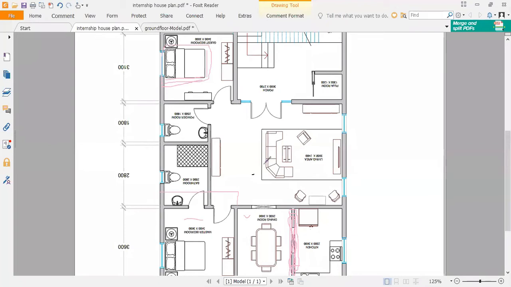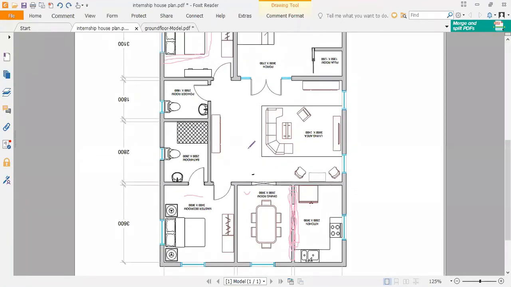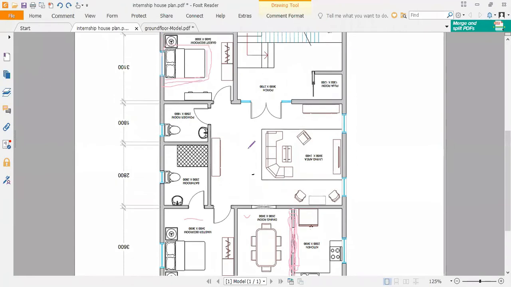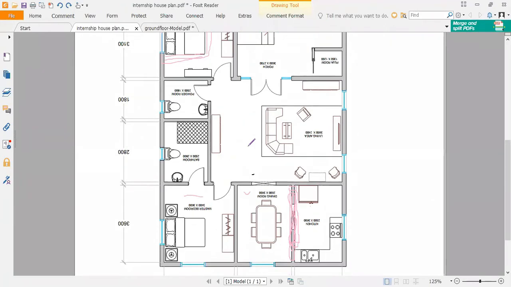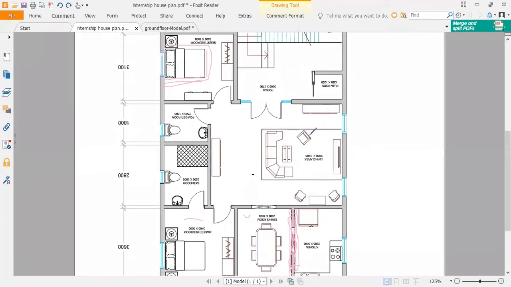And apart from that, I like the idea that you have tried to accommodate more and more space inside this living area. That is a good thing, and that should be your approach. Actually, sir, the living area is in a step down. It's a step in between the living and the lobby. So the living area is only that part, and the lobby area is just for circulation, sir. Okay, I understand. That's good. You can provide some wooden floors in this area that will look good. Yes, sir.